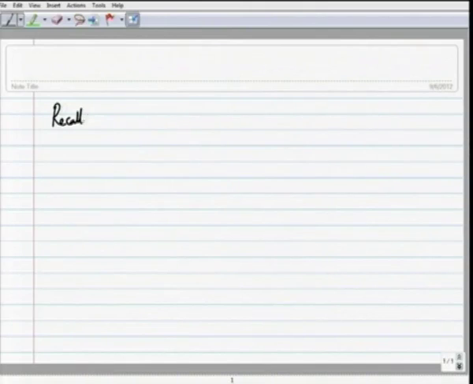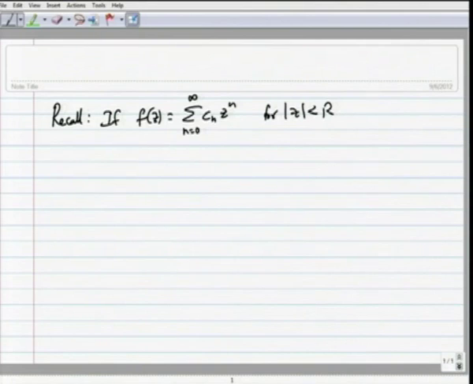So, recall that if f of z is equal to sigma C n z power n, a power series of type 1, n equals 0 through infinity, then for mod z strictly less than r, where we assume r is strictly positive, f is analytic